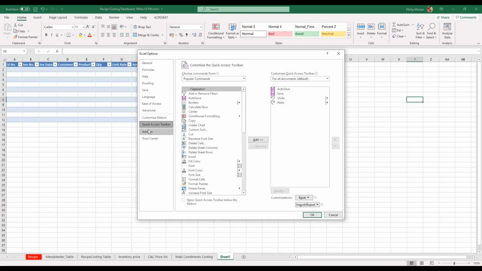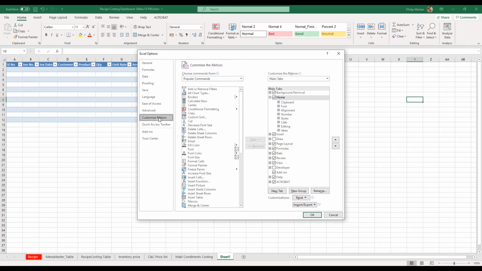Here, don't go to the quick access toolbar, but go to customize ribbon. This was where the problem was. Last time we put it under the quick access toolbar and the form icon came up, but when I clicked on it, nothing was happening. So go to customize ribbon and instead of popular commands, say commands not in the ribbon, or all commands, either one is fine.